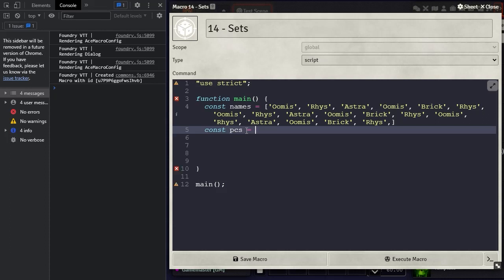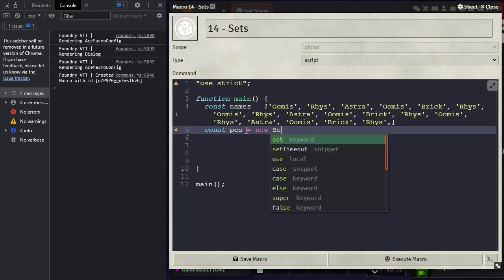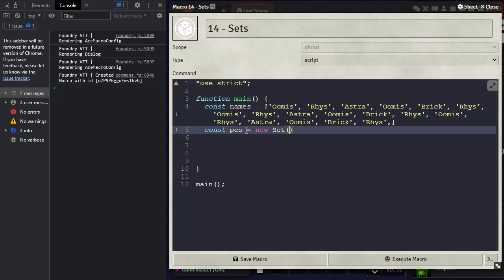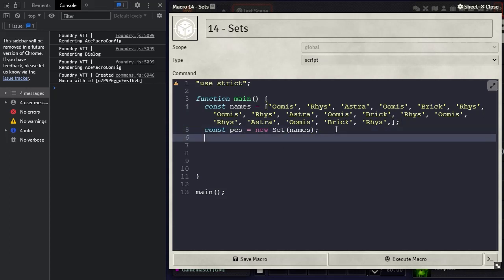However, we use the new keyword because we're creating a new object, and uppercase S-E-T, and then our parentheses. Then all we have to do is pass in our array inside there, and we can say names, right? And a semicolon there. So now if I go ahead and output PCs,